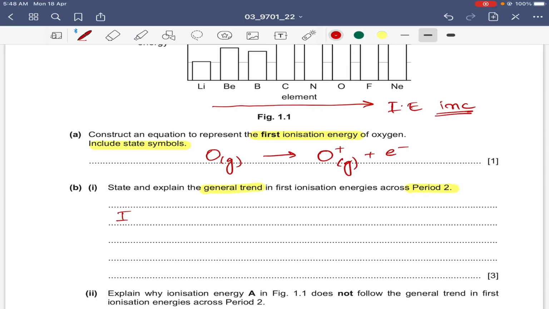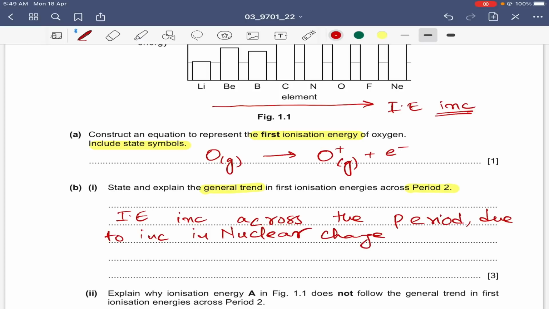The ionization energy increases across the period due to increase in nuclear charge or number of protons,